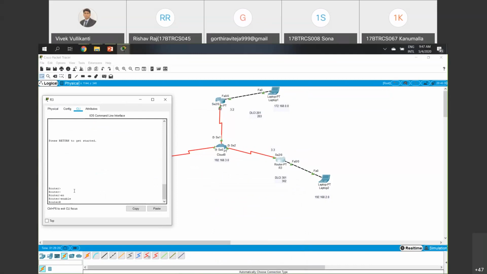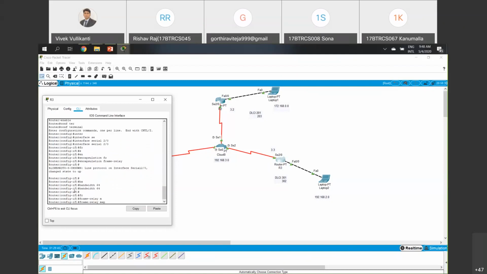Enable, config terminal, interface serial 2/0. Then I'm going to say encapsulation frame relay, bandwidth might be some 64. Frame relay map IP. Now I'm going to map